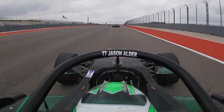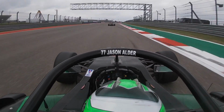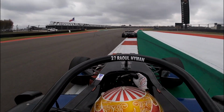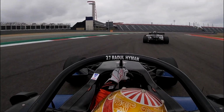Now we drop back 2 spots to the battle for 4th as we ride with Jason Alder, the Maryland native. Started his racing career hoping to get to NASCAR, but joined us for the F4 US Championship a year ago at Road Atlanta and fell in love again with road racing that he hadn't done since his karting days. Back to this first place battle